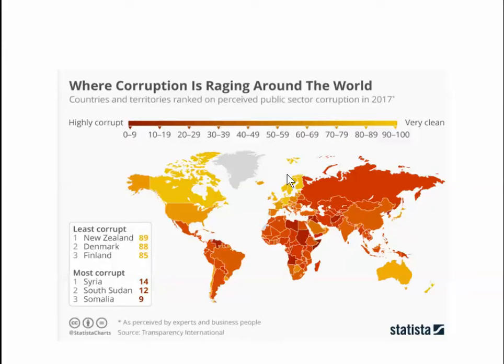And what you'll notice, again, is Western Europe and North America have relatively low levels of corruption, although you'll notice that Italy, Spain, Portugal don't come out particularly well here. And then you'll notice Russia comes out fairly poor. And so when we look at this, this is another way that politics is about corruption too.